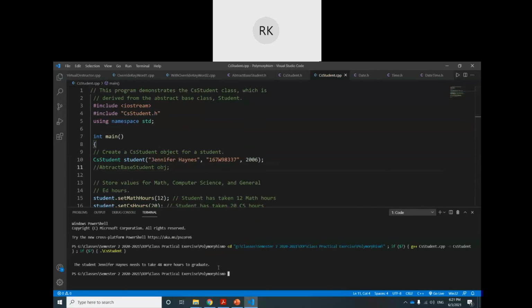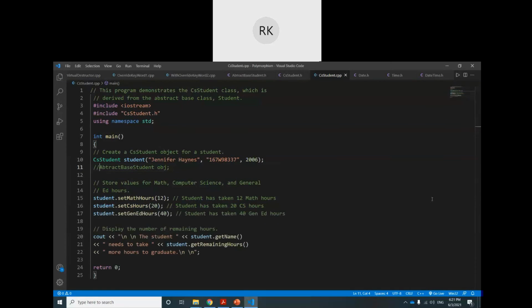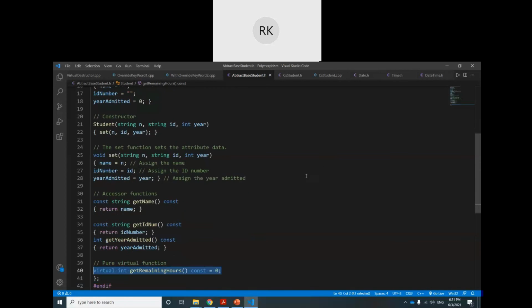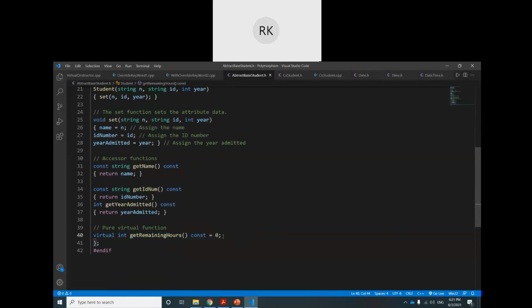So the conclusion is that any generic type of properties are put in a base class, and then we make that base class an abstract base class. And how do we make it an abstract base class? Declare a pure virtual function in that class.